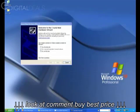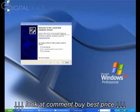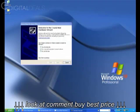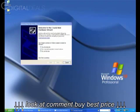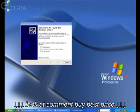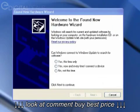Okay, we've installed our DVR card or cards and rebooted our system. And after maybe a minute or so, Windows is going to present the Found New Hardware Wizard window. Now, this is Windows' way of basically explaining to the user that it has found a new piece of hardware and it really doesn't know what to do with it. It doesn't have drivers. When you install our software, it installs drivers for the product without Windows having to do it itself. So essentially, to make a long story short, you need to click cancel when this is presented on